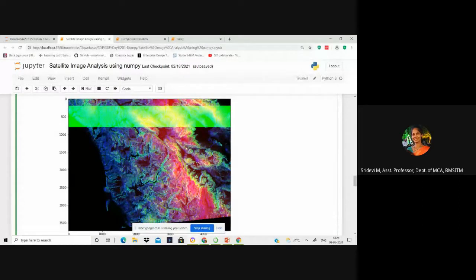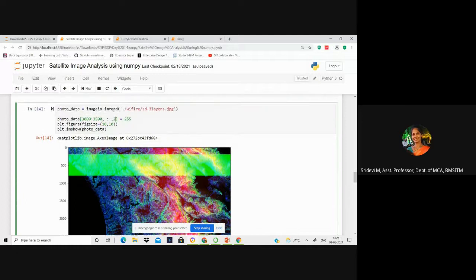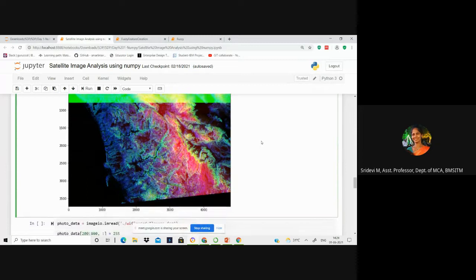See the image. From the 3000 to 3500 row, all the columns means throughout the image horizontally, I am selecting the blue layer and making it of high intensity. So where will the blue band appear now?